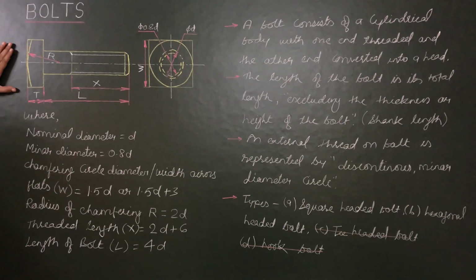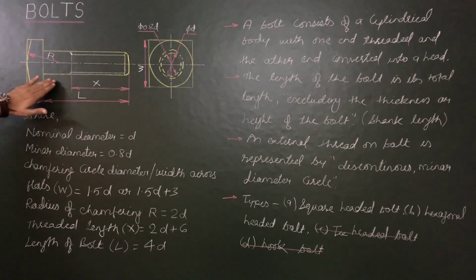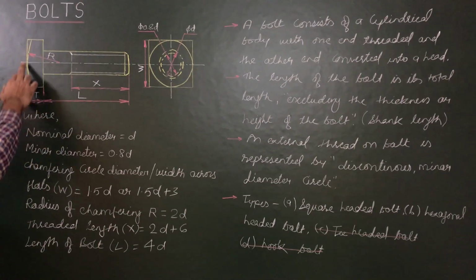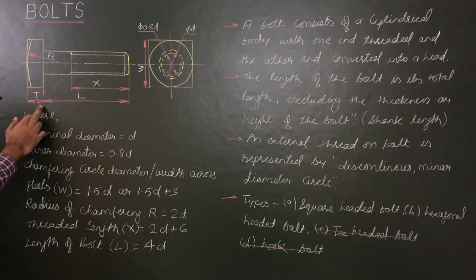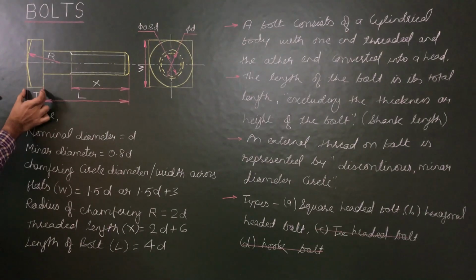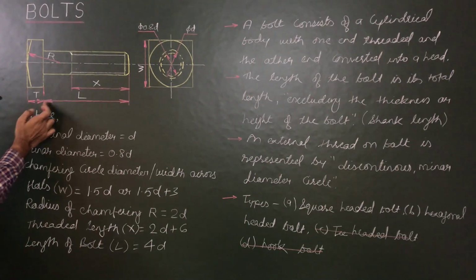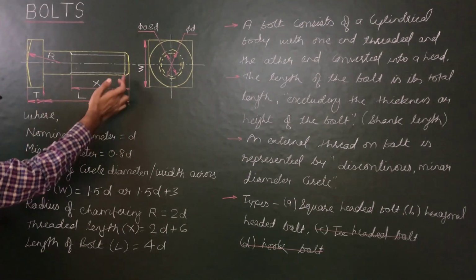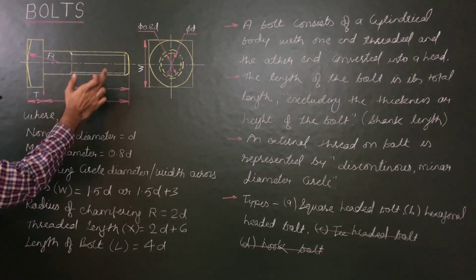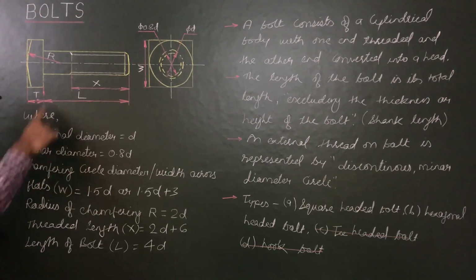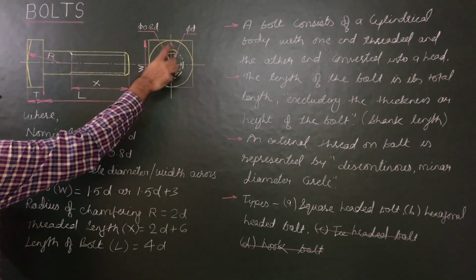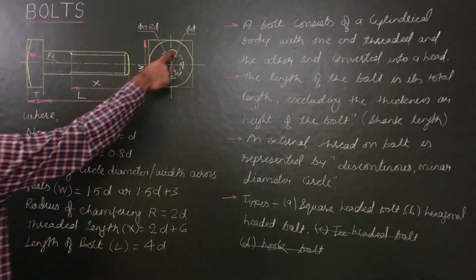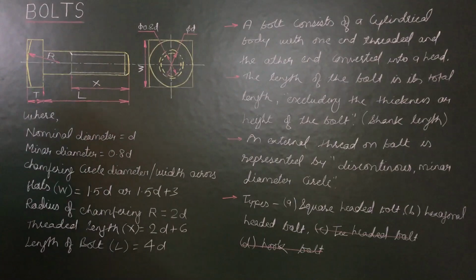Now, this is a square bolt in front view and side view. As you can see, this is radius r, and this part is known as the head, so head thickness. Then from the head thickness to the last end, the tail end, this is the length of the bolt, and from this point to this point, this is the threaded length of the bolt, x. Minor dia with dia d, major dia with dia D, and the chamfering circle and square faces of the bolt.